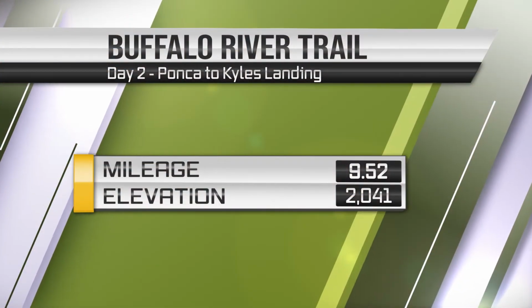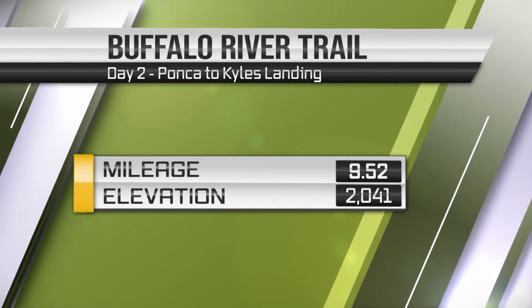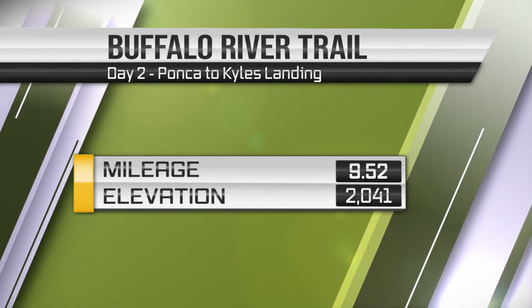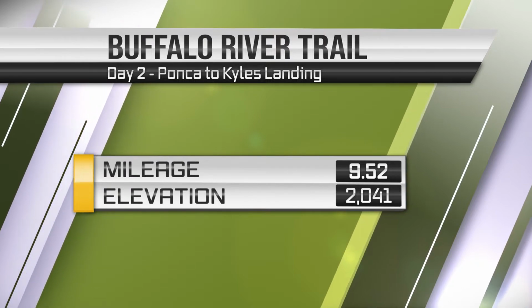So day 2, we woke up, we camped just past Ponca. We woke up at 8 and then headed to Kyle's Landing. So the second night we stayed just before Kyle's Landing. Elevation on day 2 was 2,041 feet, and total miles covered was 9.52, so slightly less than the day before. Unique features on day 2, besides the water that was prevalent throughout the trail, and there were waterfalls all